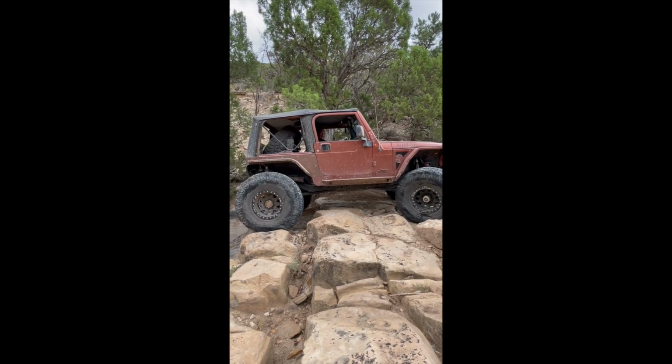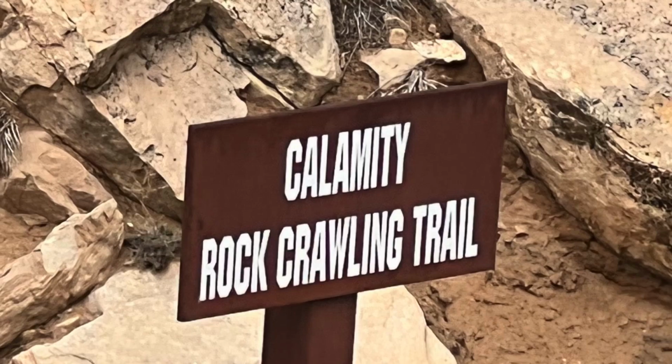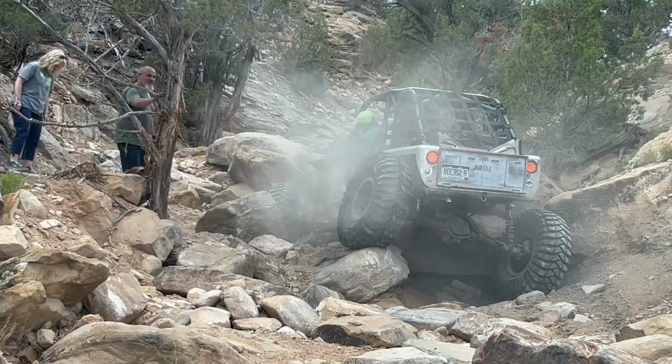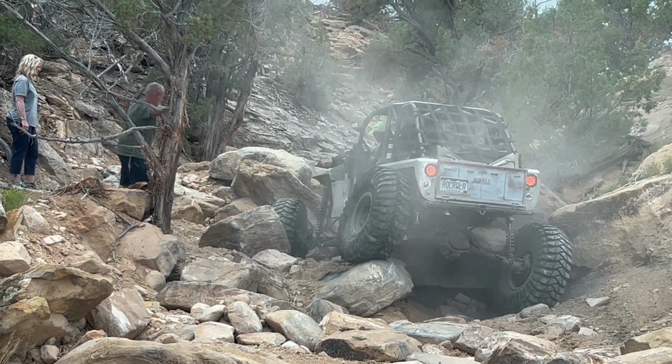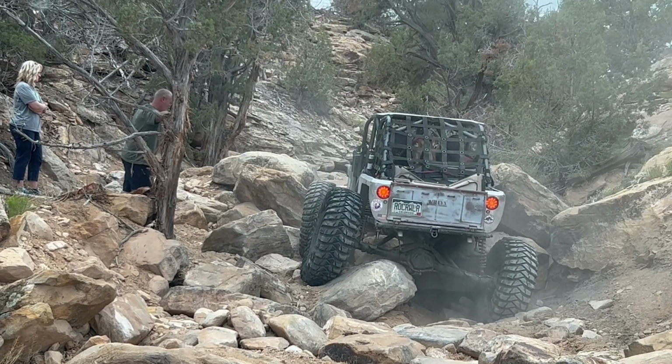And in all honesty, that is all I got of Topless. I didn't get much on that trail. We stayed in the rig. It was fairly short. I didn't get a whole lot of Calamity either, even though there was one big calamity